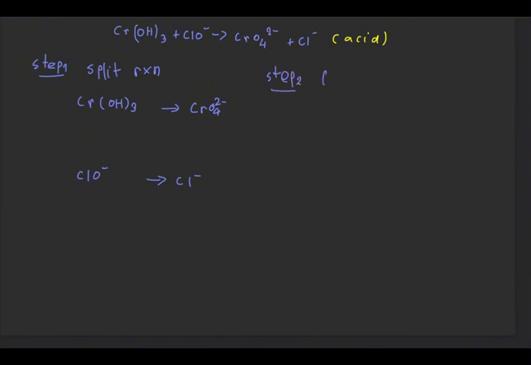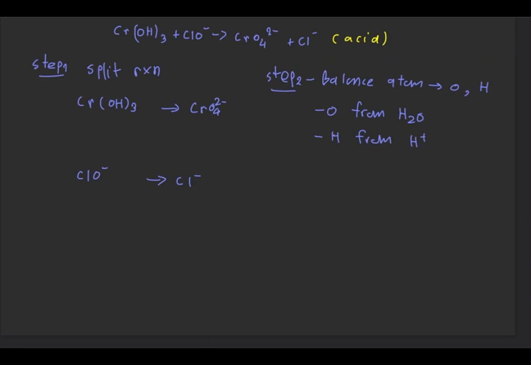For step 2, we are going to balance the atoms. And then we balance water and hydrogen. Oh, sorry, I mean, we balance oxygen and hydrogen. We will balance oxygen by adding water and hydrogen by adding protons. Okay, first of all, check the main atoms to see if they are already equal. After that, we will move on to oxygen and hydrogen. In this case, for both parts, the main atoms are already equal, so we can go ahead and balance oxygen and hydrogen.